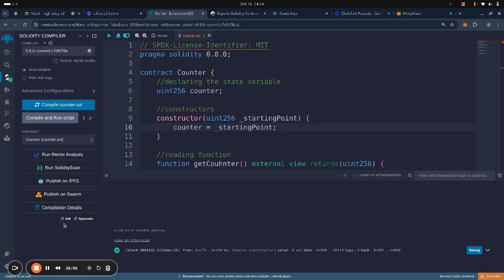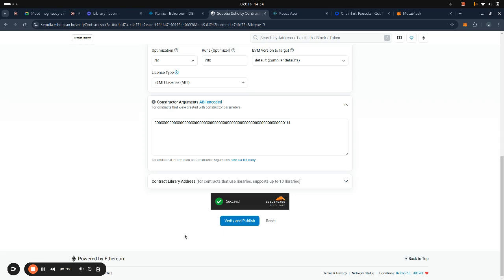ABI is called in full the application binary interface. It helps you in creating the front end. Yeah, you can copy it from here and paste it, but let's wait. Sometimes it fetches it